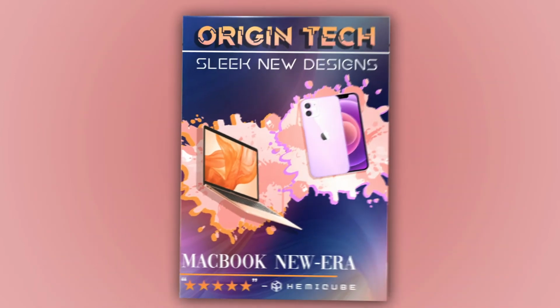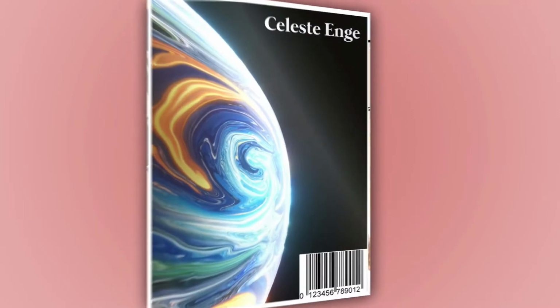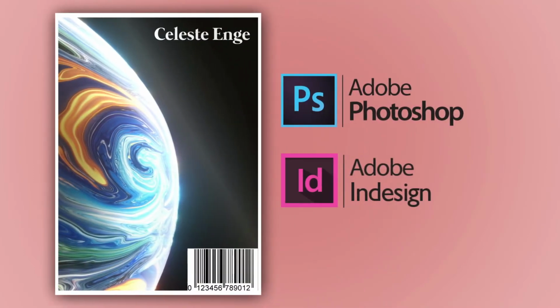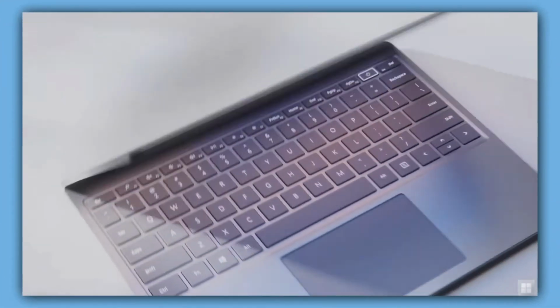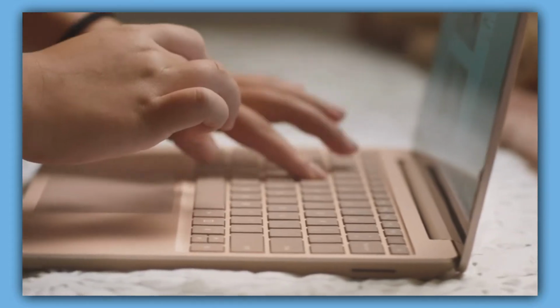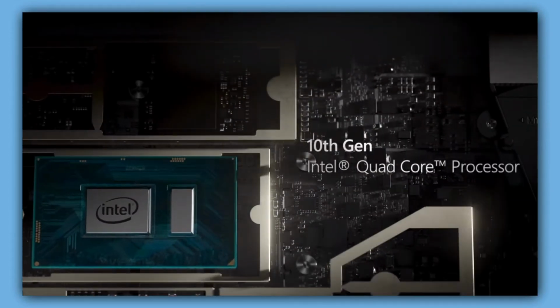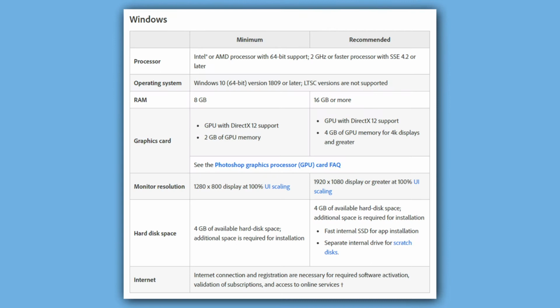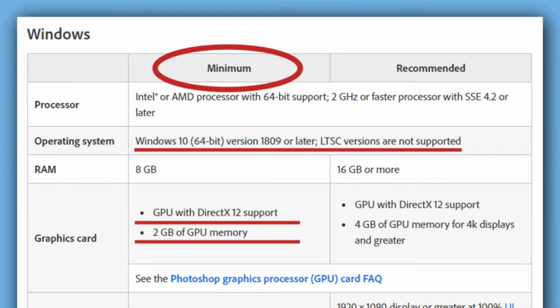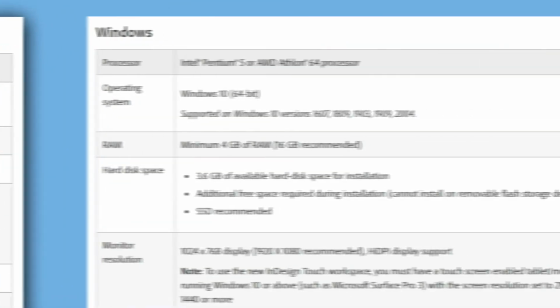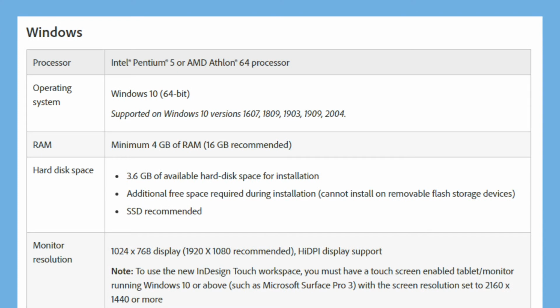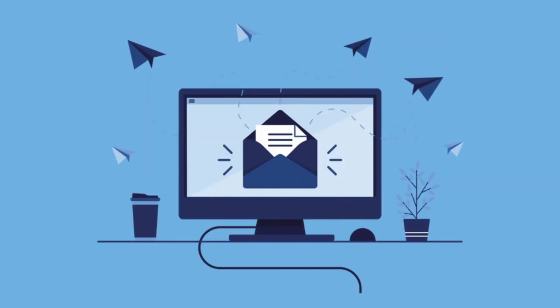The applications I used to create my 3-page magazine were Adobe Photoshop and InDesign. This was accomplished on a Microsoft Windows 10 laptop with 2 GB of RAM and a DirectX graphics card. This satisfies Adobe Photoshop's minimum system requirements. Similarly, Adobe InDesign shared all but one difference. It requires a minimum of 4 GB of RAM to run, so those edits were transferred to a more capable